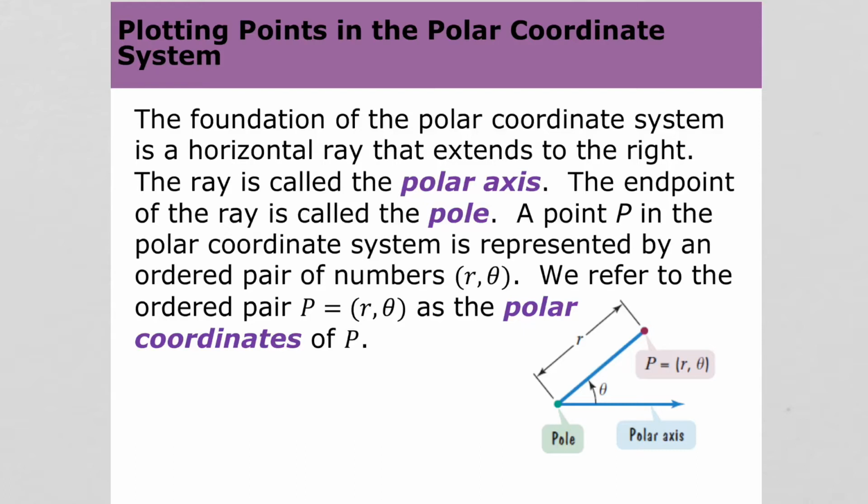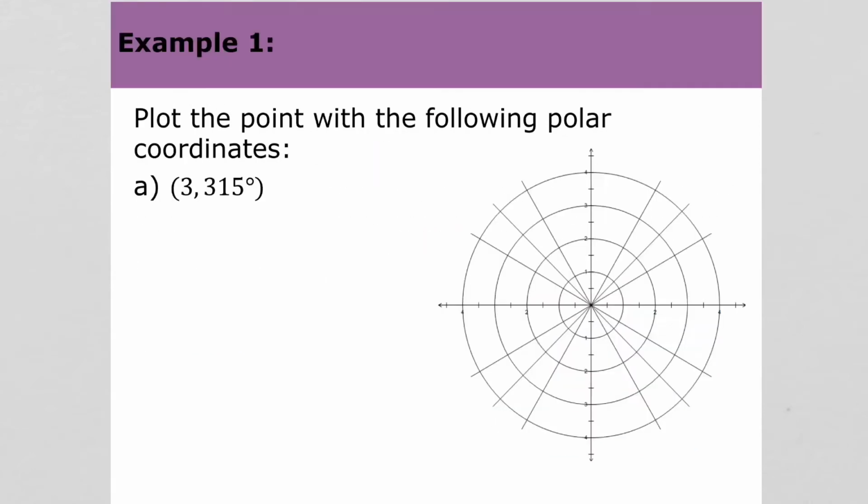r is the radius, or the distance from the center of the polar system to your point. And theta is the angle made from the polar axis to a line drawn from the center to the point. So if we look at just our polar coordinate system here,